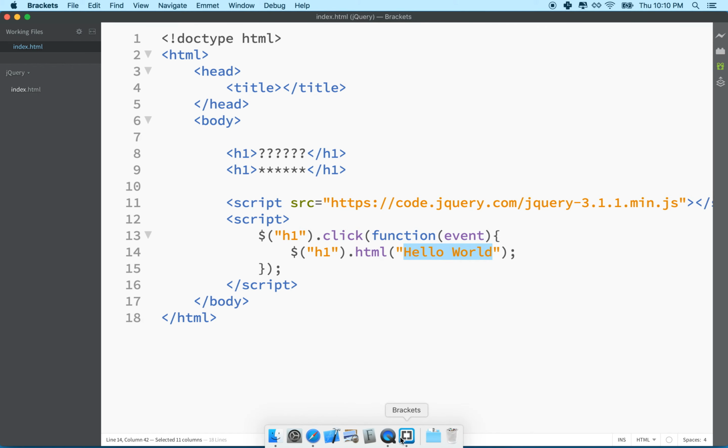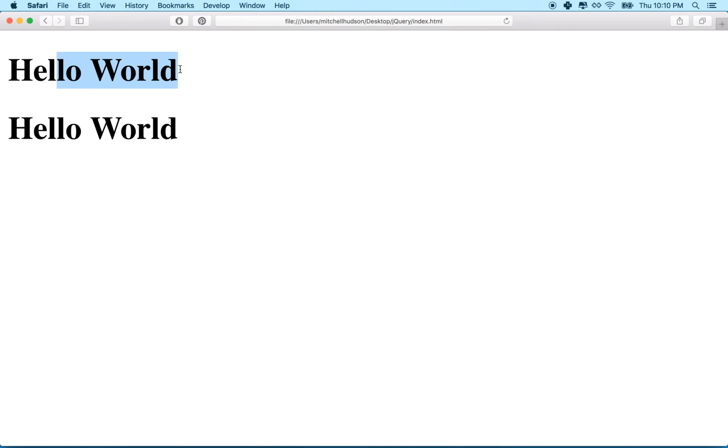What if though we didn't want to set hello world on all of them when you click the first one, or both of them, right? I want to only set hello world on the one that you clicked on. Okay, so